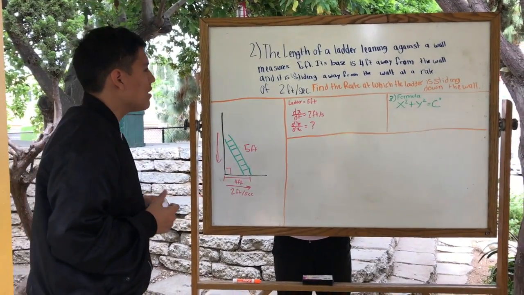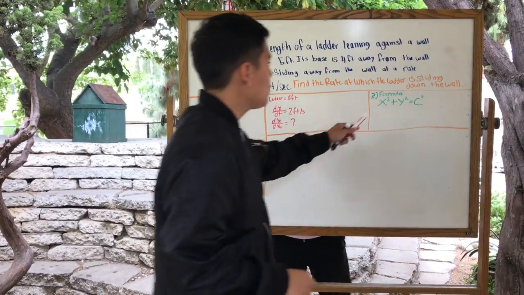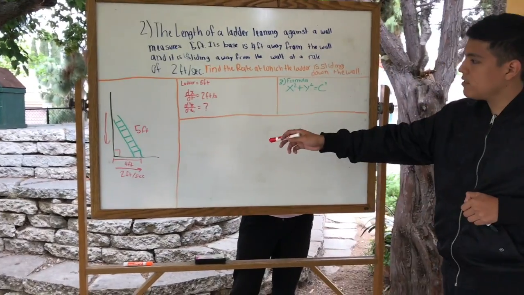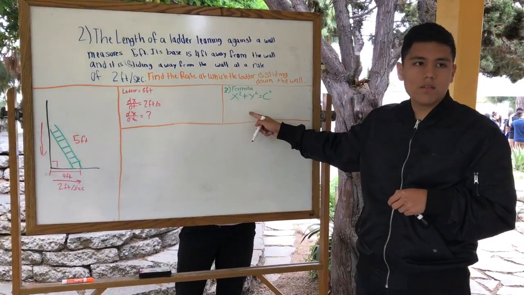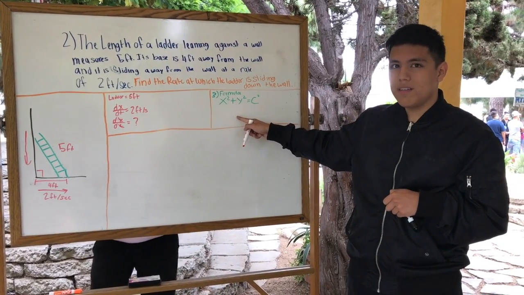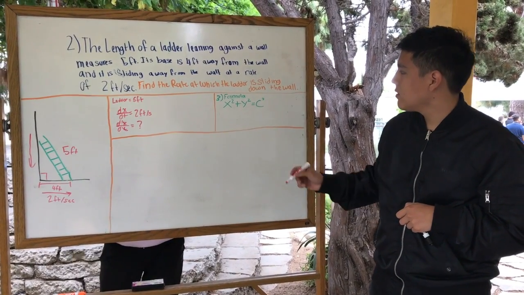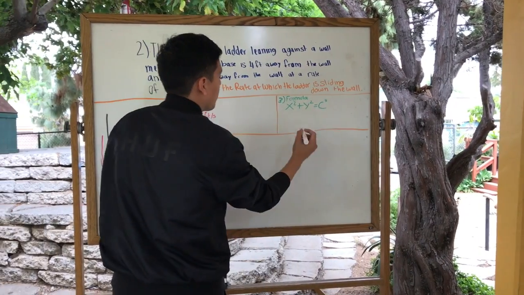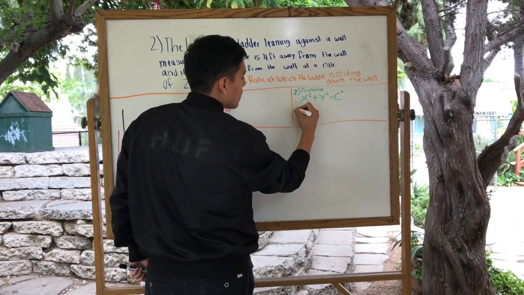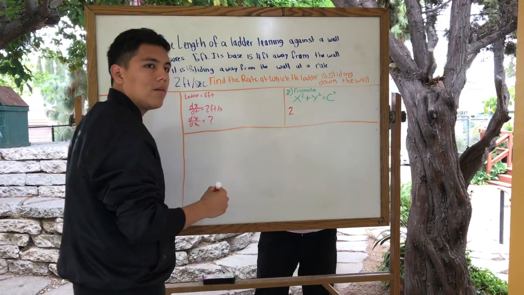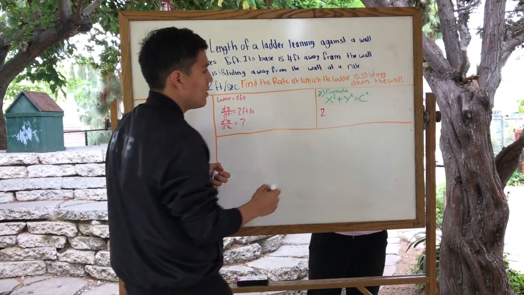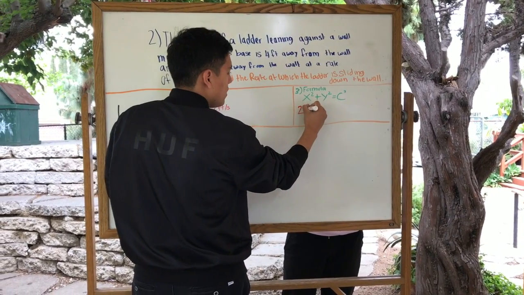Alright, so how do we start? So we're going to use this formula. This is the Pythagorean theorem, because if we can see it right here, it's a triangle and it has a right angle. So we're going to use the Pythagorean theorem formula, and we're going to take the derivative. To take the derivative, what you're going to do is bring down the 2, and you're going to put it in terms of time. So you're going to do it like this, dx/dt